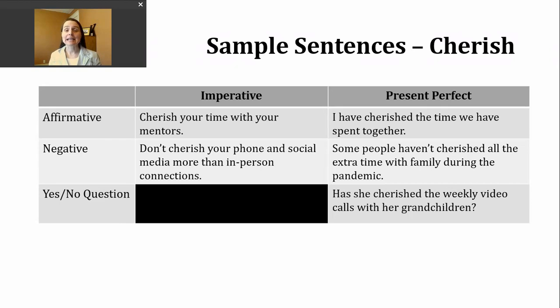It's unique in English because there is no stated subject. So we are telling someone to do a particular action. The subject here is implied. It is either you singular, so if you're just talking to one person and you start a sentence with a verb, you're telling that one person to do the particular action. But maybe you're talking to a larger group. And so the you can also be plural.